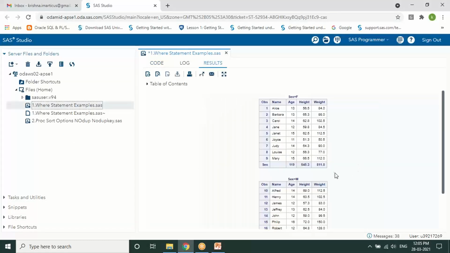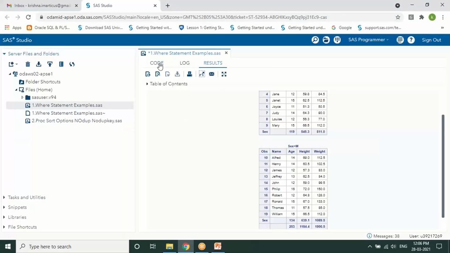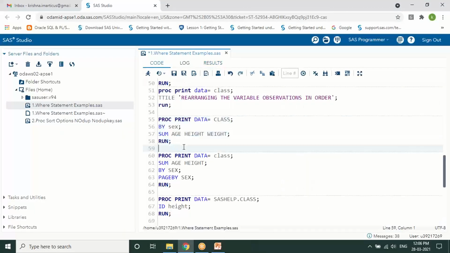As you can see here, for all the females we got their subtotal, for the males we got the subtotal and the grand total. As we have done the aggregation by gender, we are able to print these records with sum and by statements.